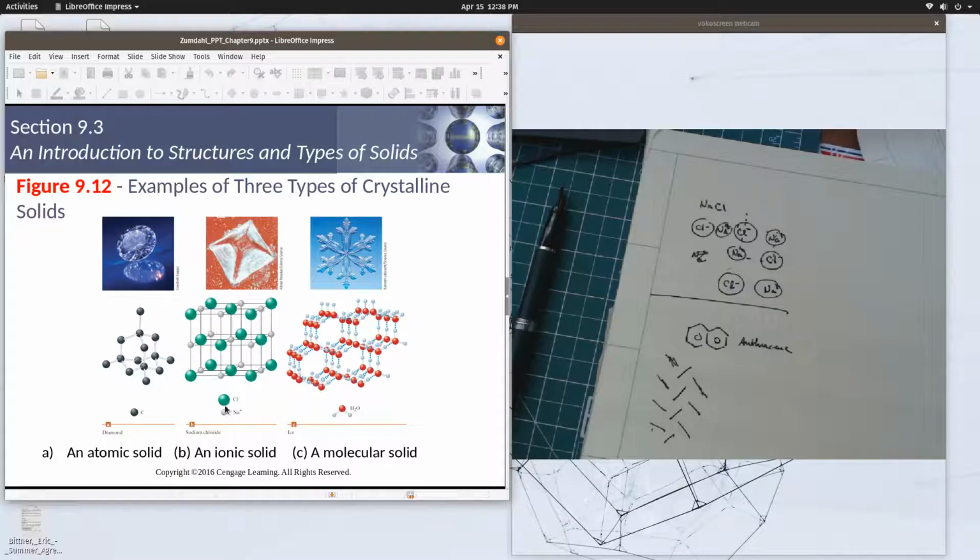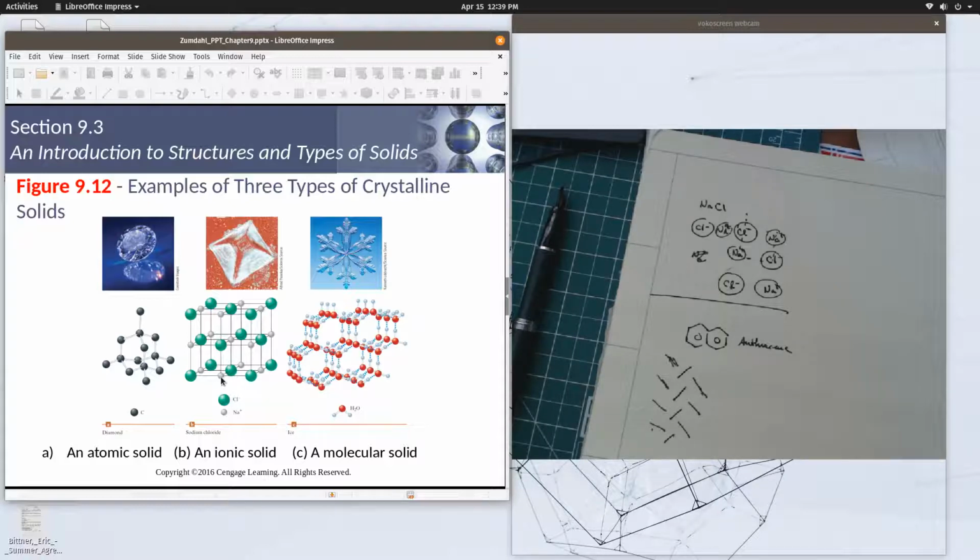You can have what's called a rock salt configuration. This is what I was trying to draw before, where I have at each of these corners, if you look closely, let's look at the chlorines. What would we call that solid? That is a face-centered cubic system, right? So you can see 1, 2, 3, 4. I have the chlorines at the corners, and I have a chlorine at the middle of each of the faces. And then likewise, if I look closely, for the sodiums, I have also a face-centered cubic